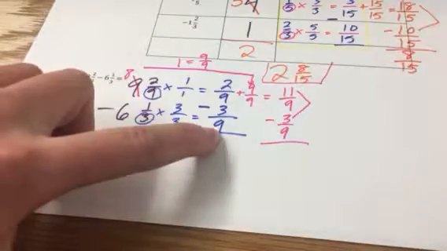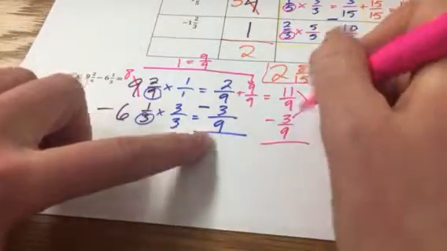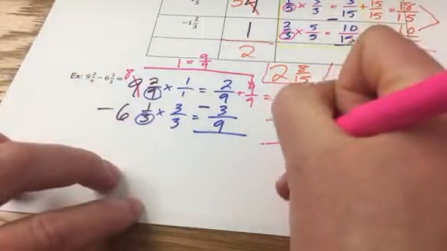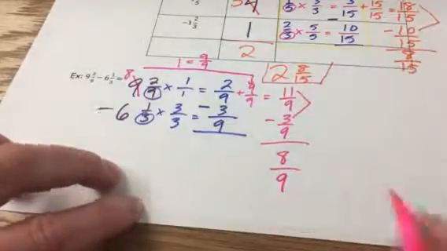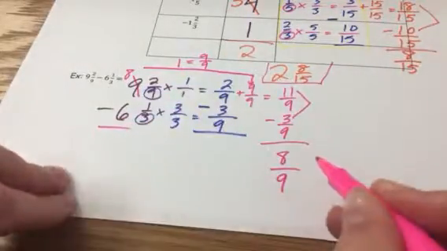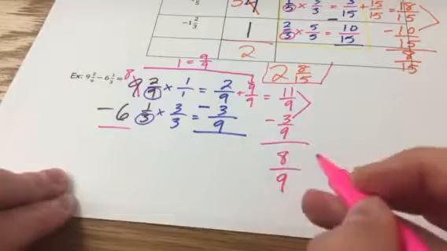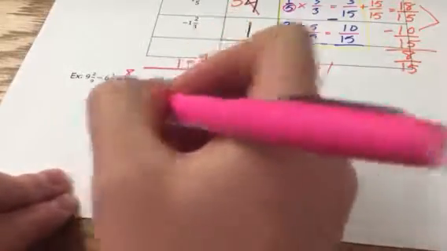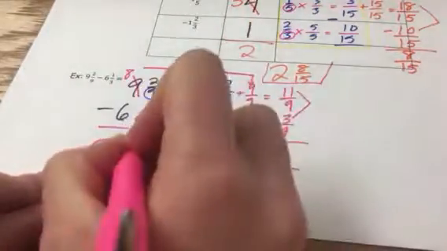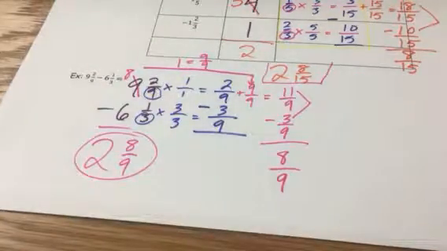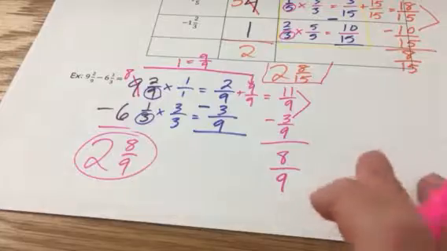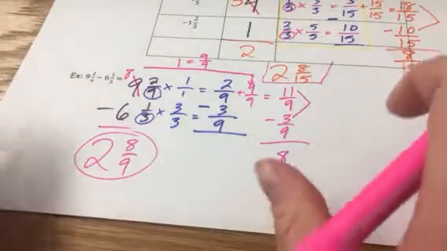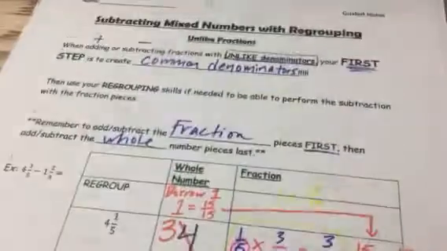I now can perform my subtraction. 11 minus 3 is 8. So 8/9 will be the fractional piece of my answer. 8 minus 6 is 2. So I'm going to go ahead and slide this over. So my final answer is 2 and 8/9. Let's do a couple more on the back side, just so we feel really solid with this. All right, 15 and